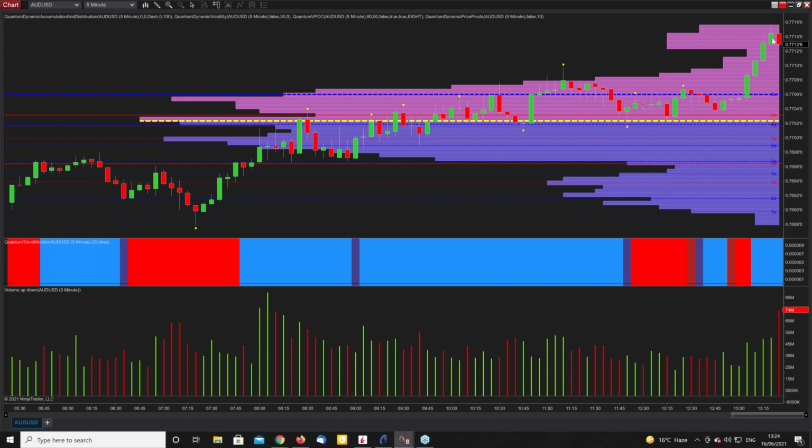Little bit of weakness coming in there, not a huge amount. Went through that low volume area pretty rapidly. Volume starting to build here. When you're looking at volume price analysis, what you're always comparing is, obviously you have to compare